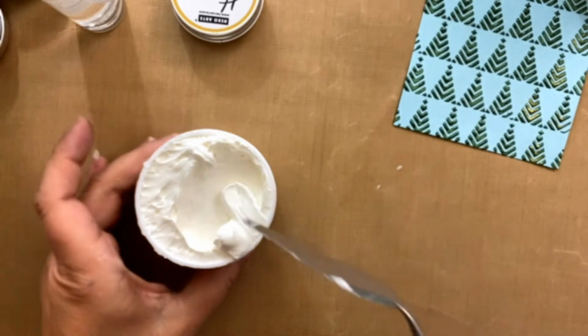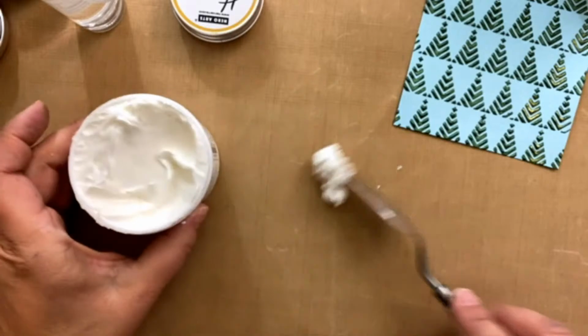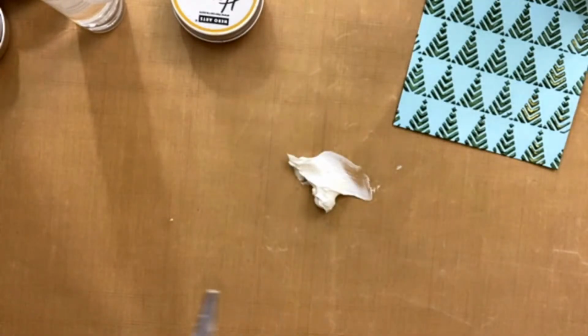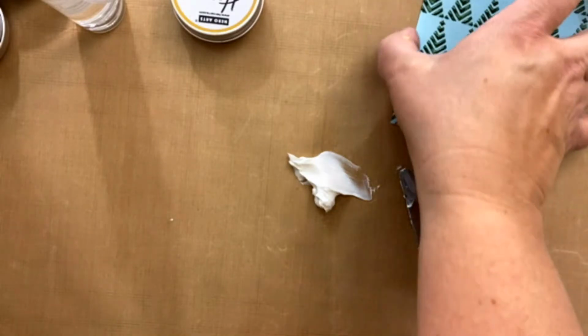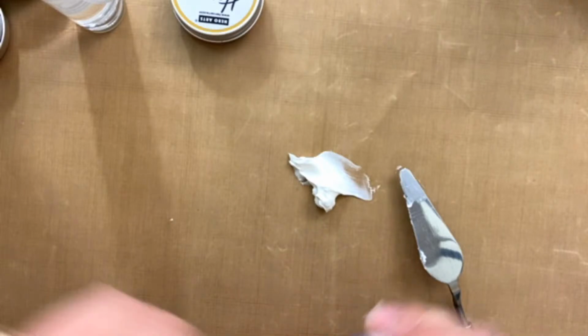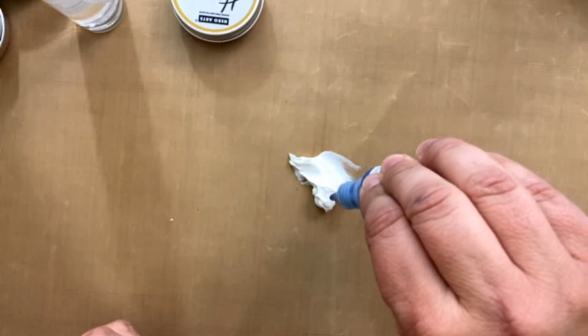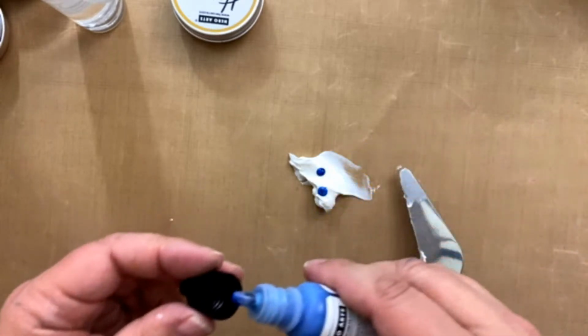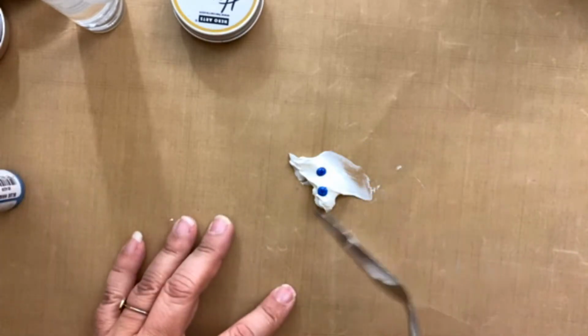Okay. And then I'm going to just take a little bit of this out onto my, that's probably even more than I need. I'm going to take a little bit less. Onto my craft mat. And then I'm going to go ahead and add my re-inker to it. I'm just going to put a couple drops for now because I can always add more if it's not enough, but